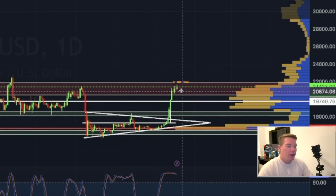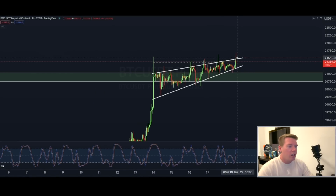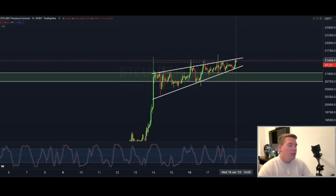So if we come back down here and go back to this chart, you basically can already take a long position when you break the rising wedge here at $21,500, but with a tight stop loss, in my opinion. And if we don't break it and we break to the downside, then we can take a short position at